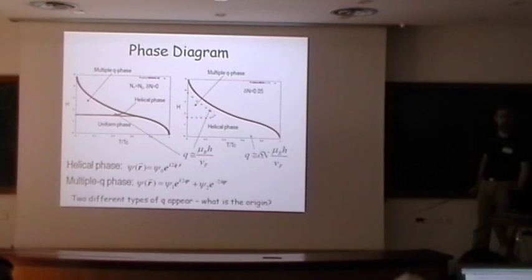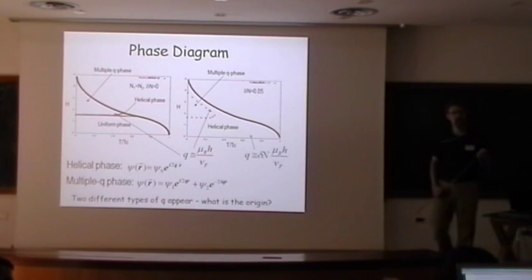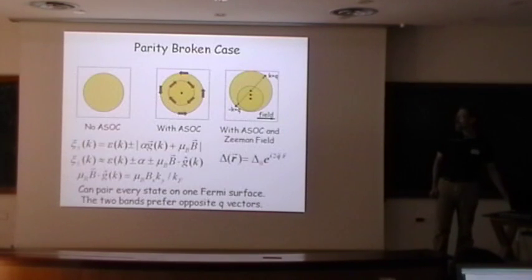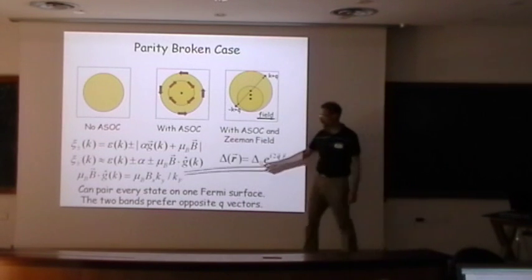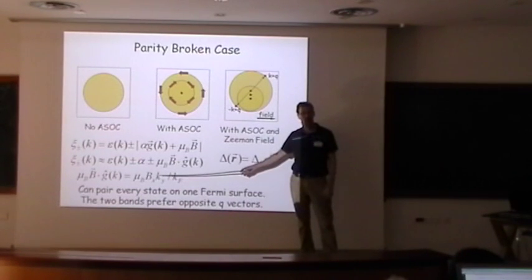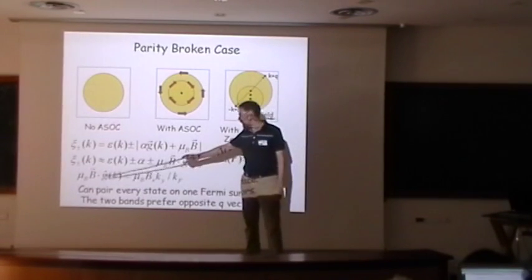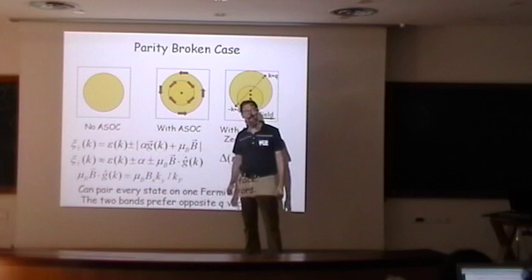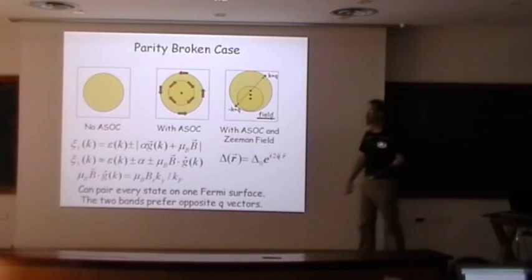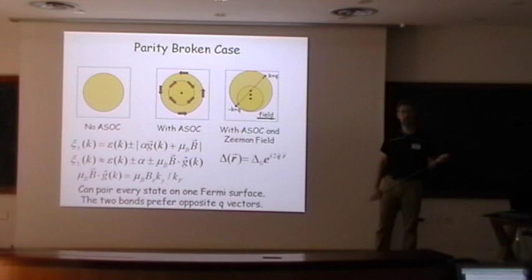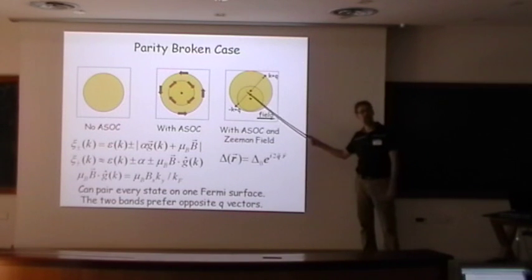Can I ask a question? Yes, sir. In your previous slide, you have G of K, which depends on Ky. And Ky on the Fermi surface, actually the shift depends on where the momentum is. So why do you have a constant shift? Well, if you look at the Fermi surface, the Fermi surface has different Ky. I mean, that's a Zeeman coupling, so it depends on the magnitude of... Yeah, we can talk about it, but it is actually just a shift.